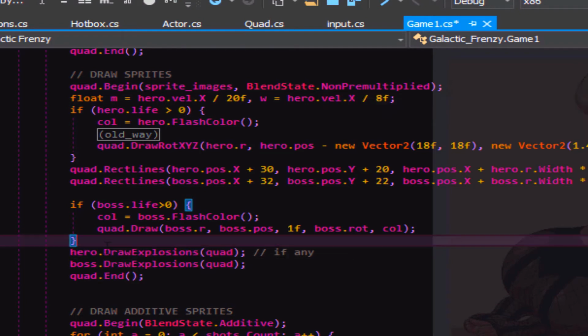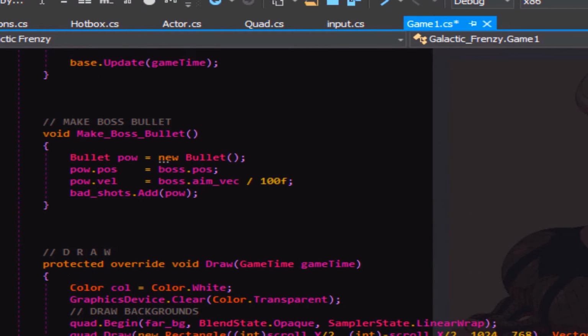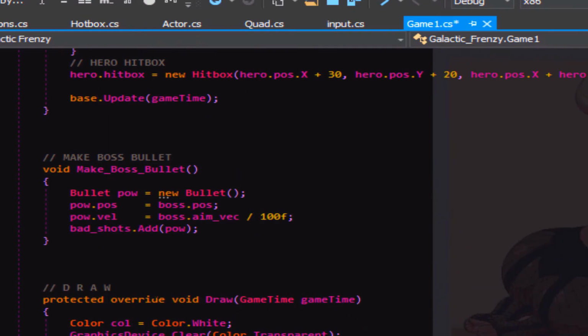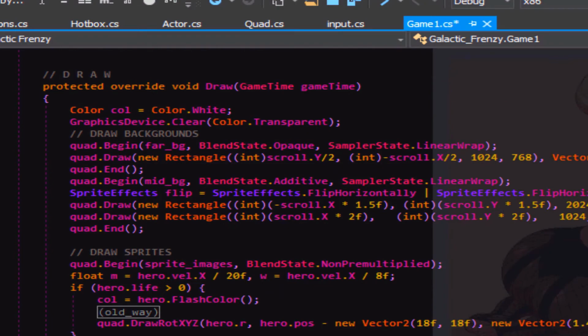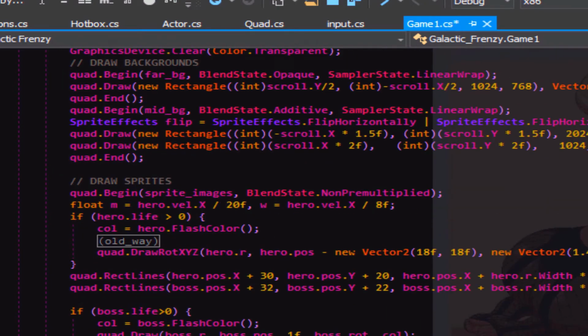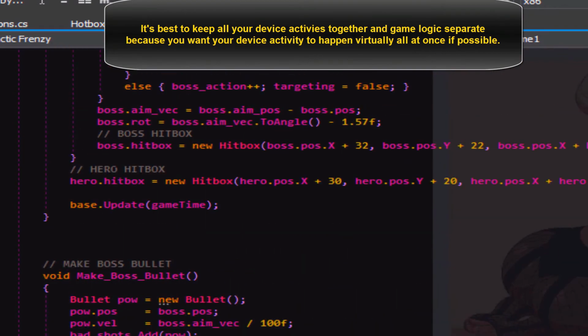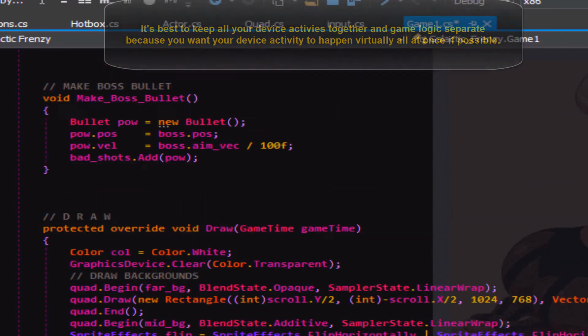It'll update and draw. So I'm kind of doing this all at once instead of having an update up here and a draw up here. It's probably better though to actually have your updates in update, and then all your drawing just kind of happens all at once, because you kind of want to minimize anything you're doing with your draws and keep most of your calculations and input and stuff separate in update.